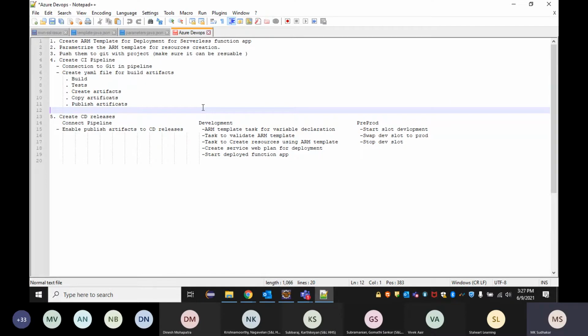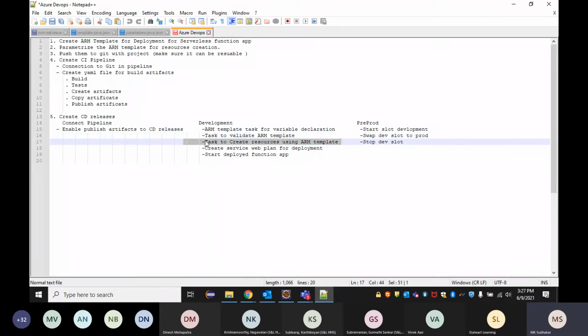One is that we are going to validate, like we have created the ARM template in the first step. Now we need to validate. We have created the ARM template, but we are not sure whether the ARM template we created is proper, or it has some issues or errors, because we have to follow some standards when we create this ARM template. To make sure our ARM template is perfect, we are going to create one task and check the validation of whether the ARM template we created is correct or not. Once this job is done, that means the ARM template is validated and it's perfect.